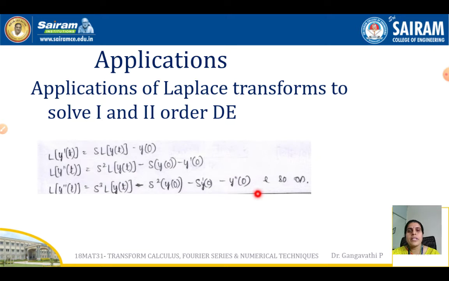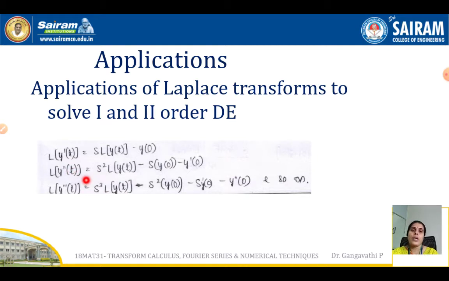So try to remember these expressions in your own way. What I would suggest you to remember here is, for a first order derivative, the substitution starts with s and the power is 1. For a first order derivative, the power of s is 1, and it has only 2 terms. For a second order derivative, you have 3 terms, and the expression starts with s square. The order of the derivative and the power of s are the same.